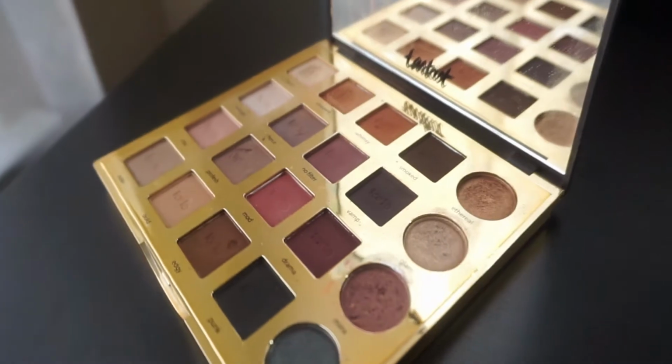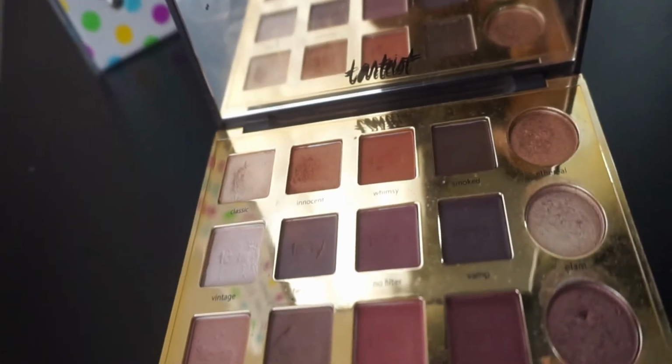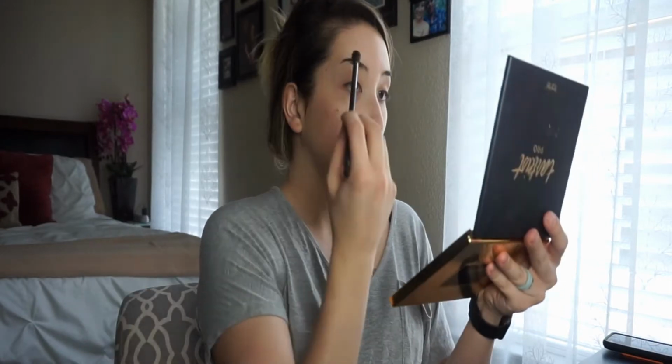Okay, so let's get started. I'm going to use a little bit of my Tarte palette. It's one of my favorites. I use it all the time. It's got a really nice big mirror on there, and it's got this orange shade that I love to use. Or should I? I'm going to use Innocent. Okay, so I got some on my brush. Flake it off just a little bit. And then I'm just going to...